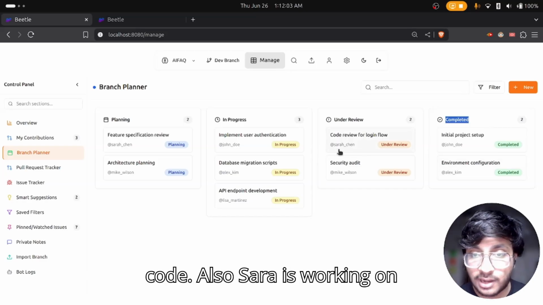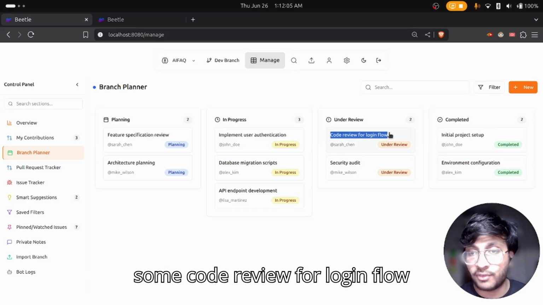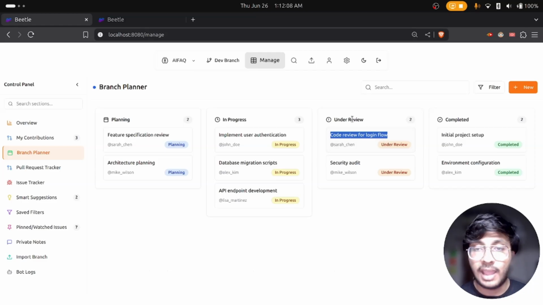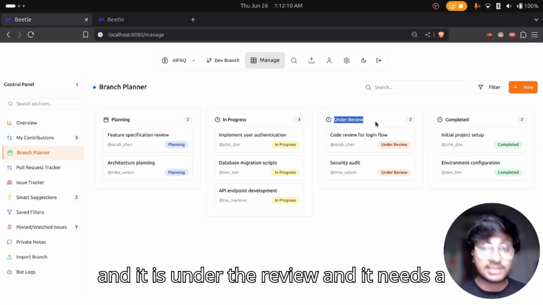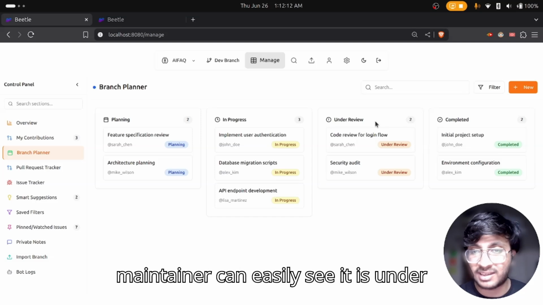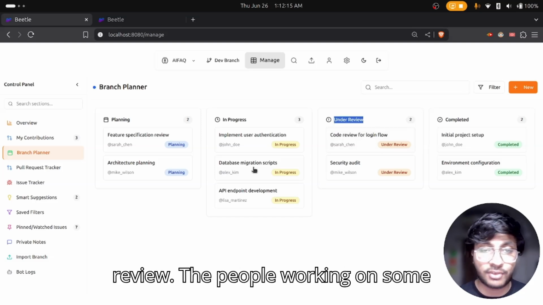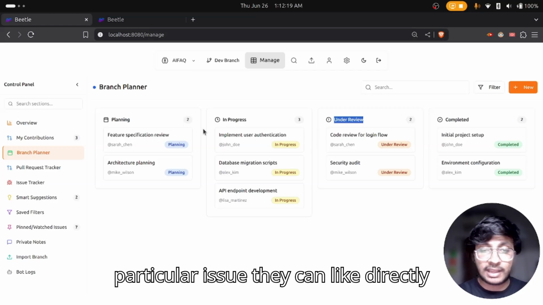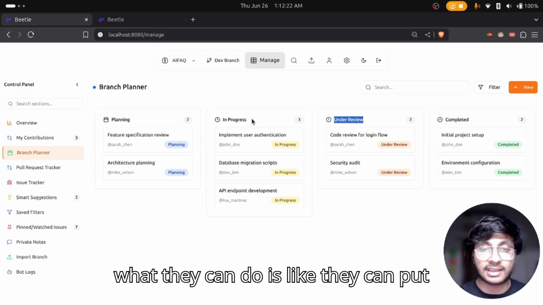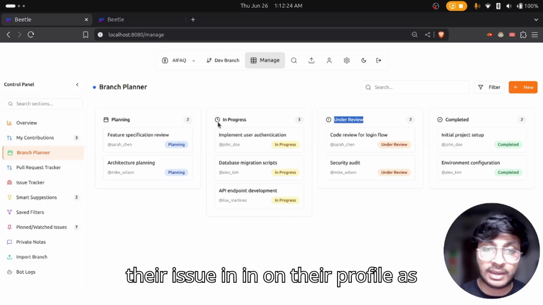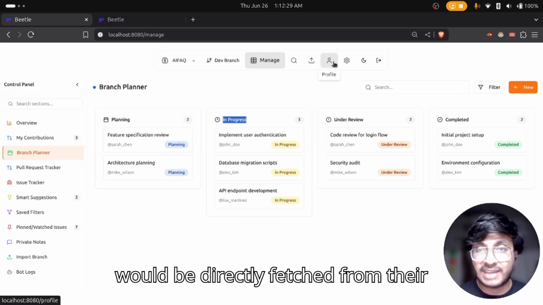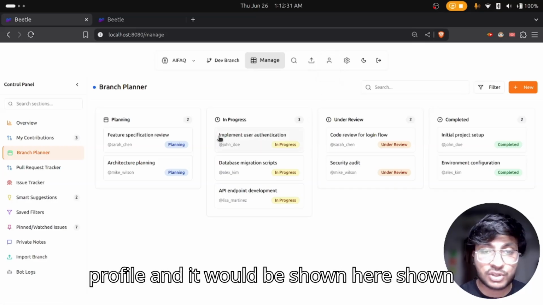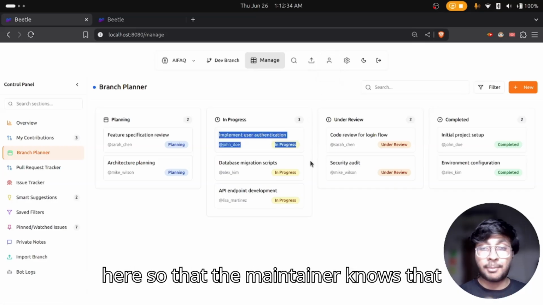Also, Sarah is working on some code review for the login flow, and it is under review and needs a review by the maintainer, so the maintainer can easily see it is under review. The people working on a particular issue can put that issue on their profile as they are working on it. So it would be directly fetched from their profile and shown here,